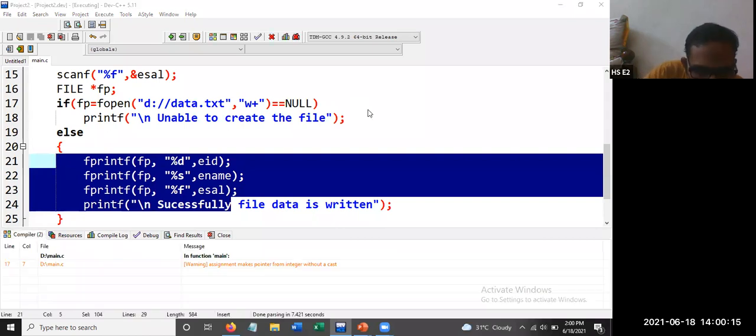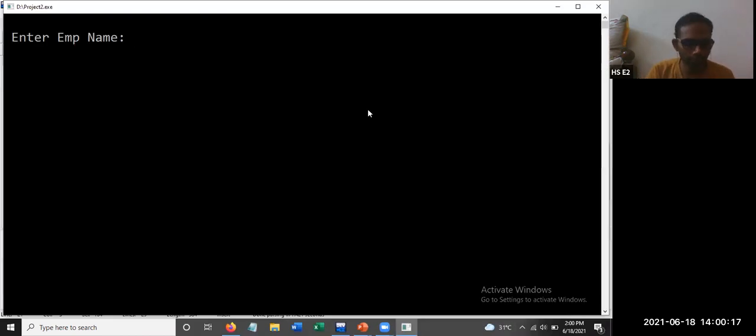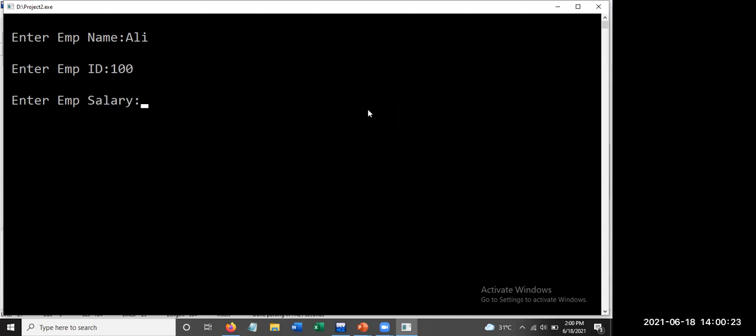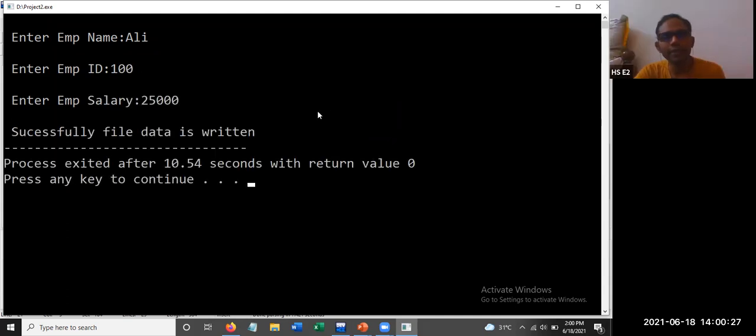Warning: assignment makes pointer from integer. Okay, enter employee name. I'm giving Ali. Is the output screen visible? Yes, sir. Thank you. So 25, 13. Successfully file data is written.